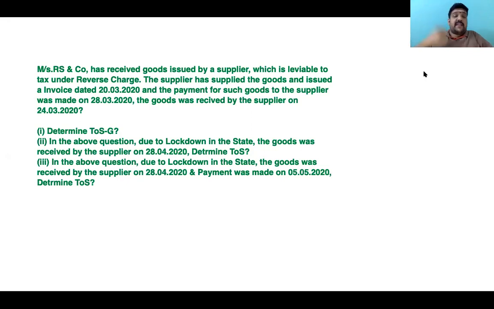That's why. This time, in the italic 3 situation, they are conscious. They never made a payment. Let the goods come first, then we'll make payment. So in the above question, where both date of receipt of goods and payment date change, what would happen? Invoice that day only. Understand, some goods were locked and kept in certain situations. After getting the electronic pass, after getting the permissions from the respective jurisdictional collectors, only then the goods started to move. Or in fact, they shuffled the goods within that state lorry. Whatever you think, everything has been done